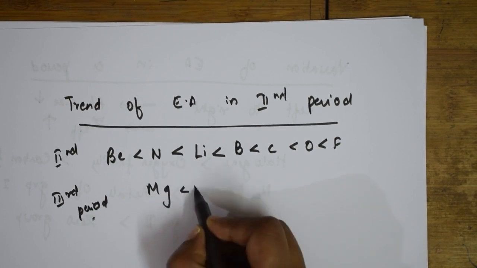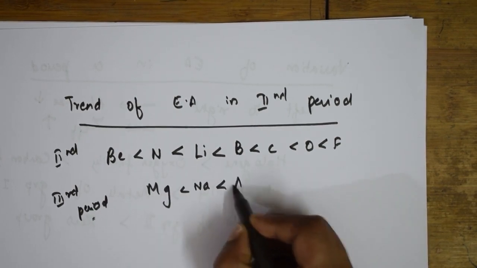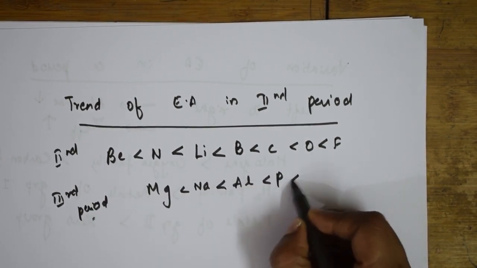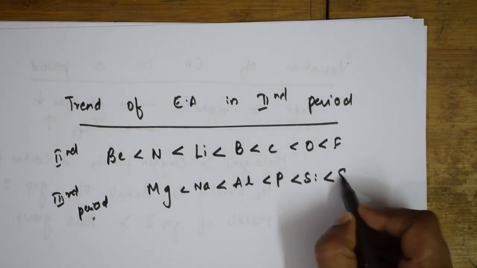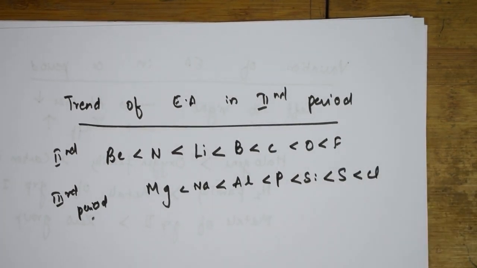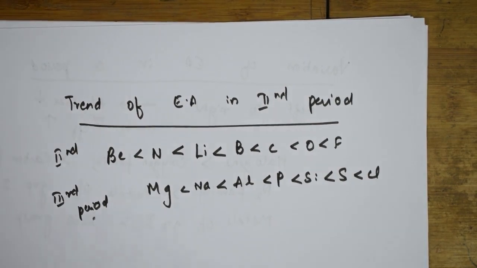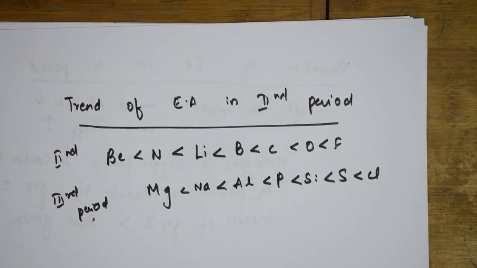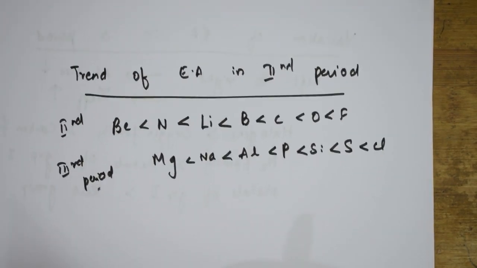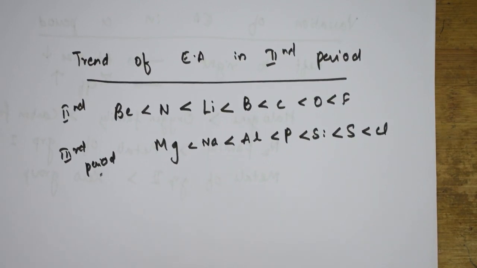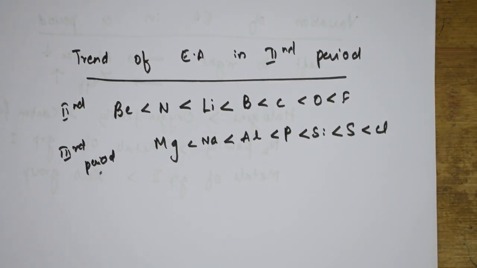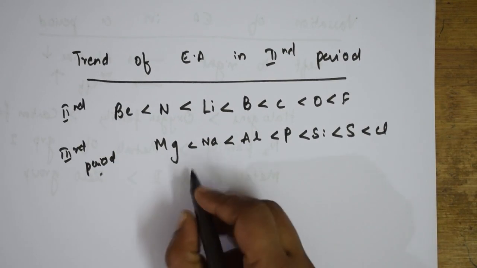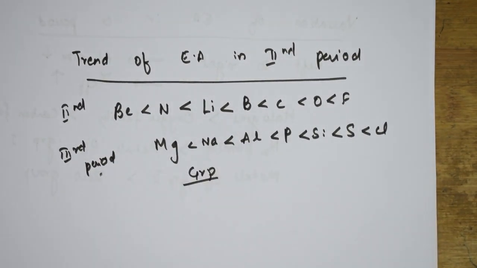Magnesium will be less than sodium, less than aluminium, less than phosphorus, less than silicon, less than sulfur, then chlorine. So according to the concept and according to the size, this is a trend in a period. Suppose I have to write the trend in a group, right? What happens in a group? In a group, when I move from top to bottom,